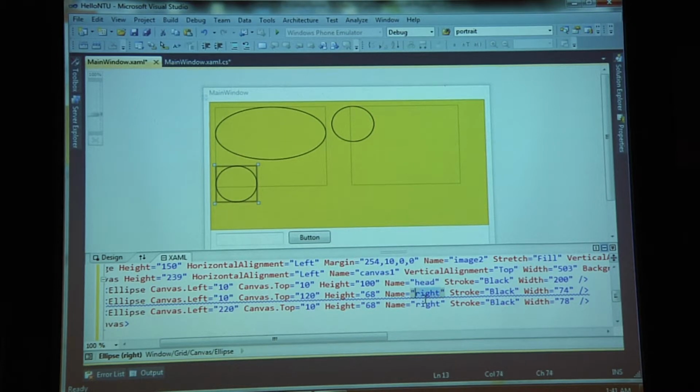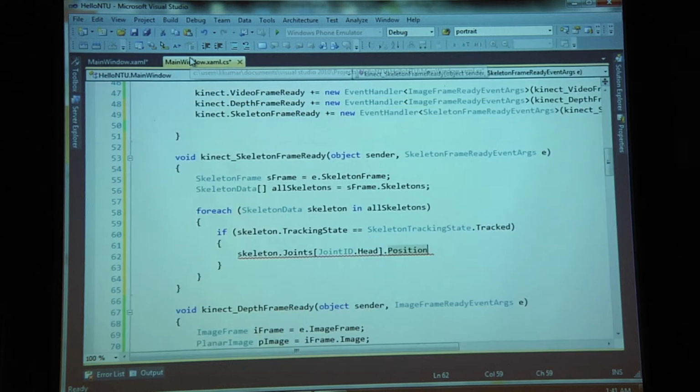It doesn't matter. I mean, the ellipses can travel. Okay. So head left and right. Okay. So what I'm going to do is take the position of my head, and if you look at what